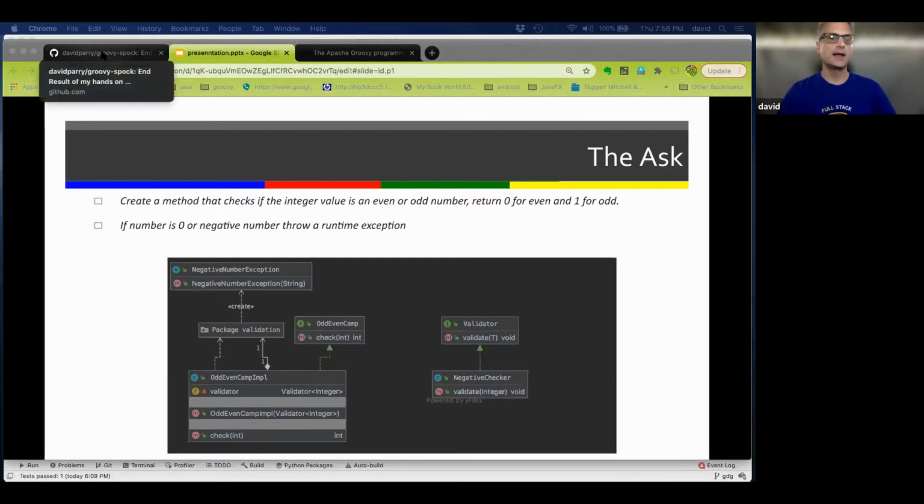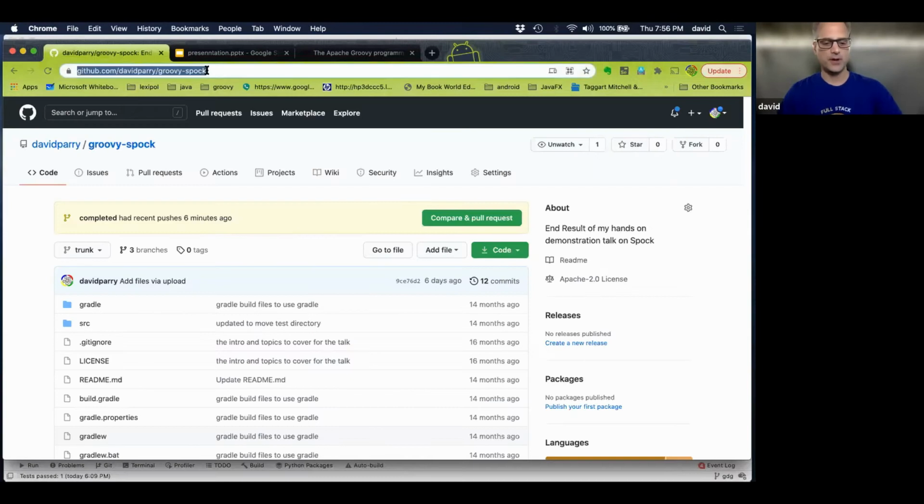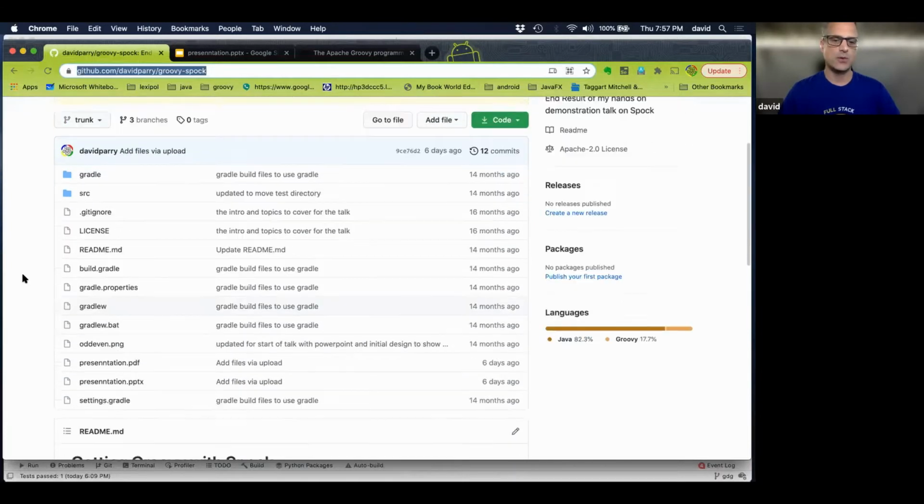And here is one thing that I'll put up. If I can do this correctly in the chat, this is my GitHub account for this project. You'll see I have a completed one too in this, and you don't have to look at it right now. This is for later. I usually share it afterwards, but I'm sharing it right now just so that people, you know, if you wanted to go along, it doesn't take away from you.